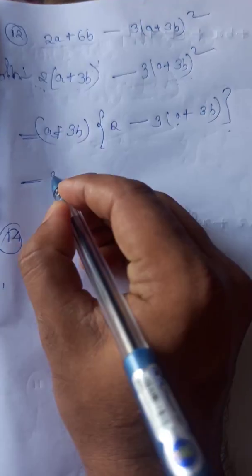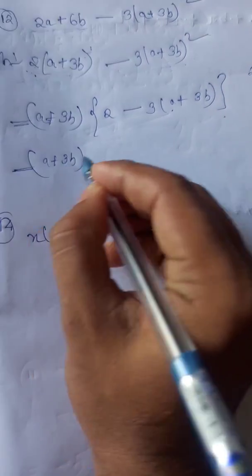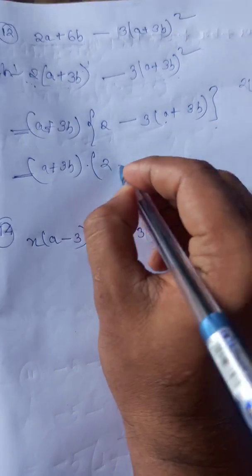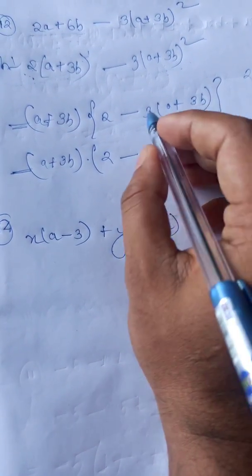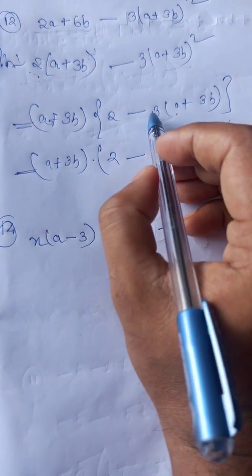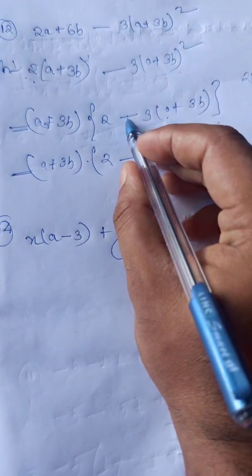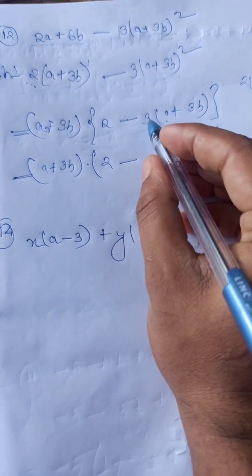Now in the next step what you will do, a plus 3b, this one as it is, what is written, okay, then 2 minus, here you just remove the bracket, this one again. So when you remove the bracket, this minus sign will function with this bracket's values, okay, minus plus minus 3 into a